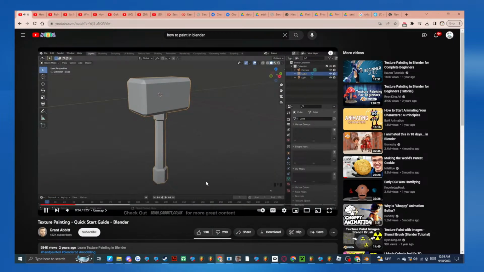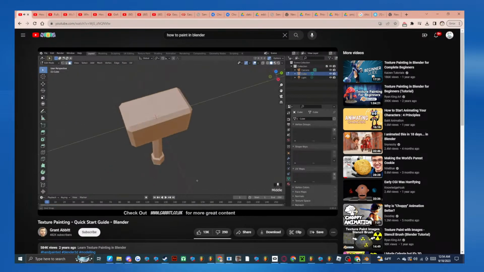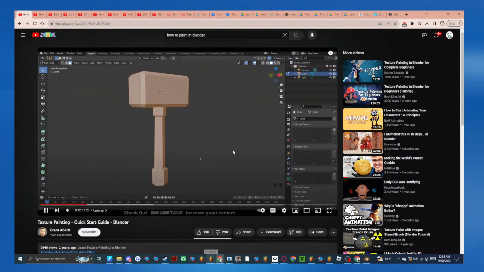My screencast keys will be down the right hand side here, and we'll start with this hammer model here. If I go into edit mode, you can see the topology is nice and simple, and you can be nice and basic when you're texture painting objects. This technique will work for any model, but be aware if you've got